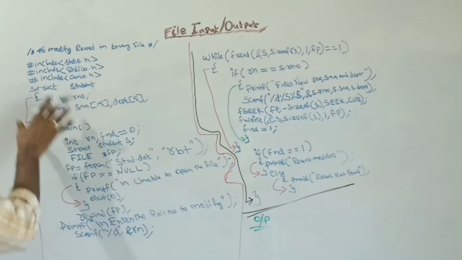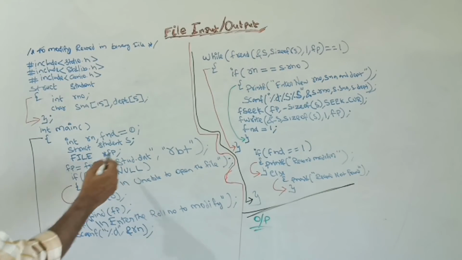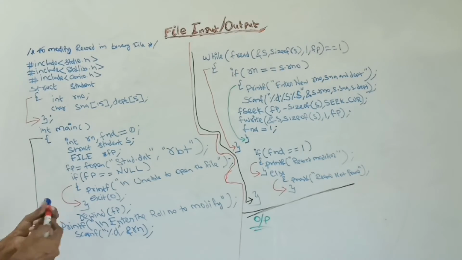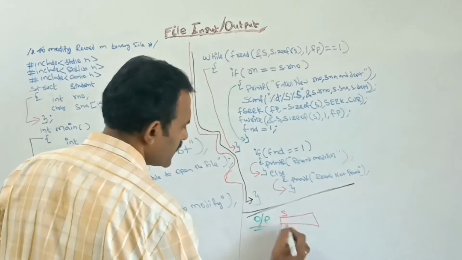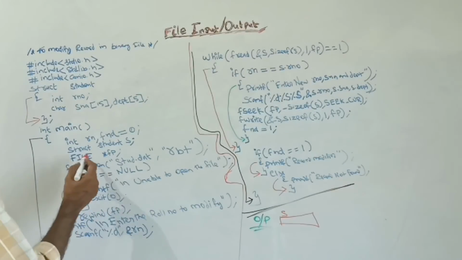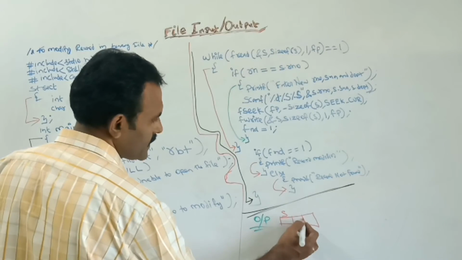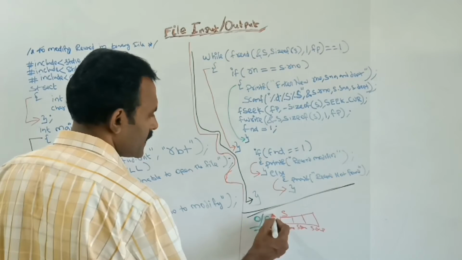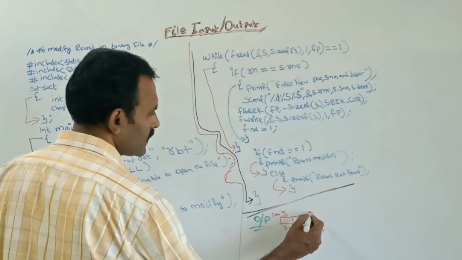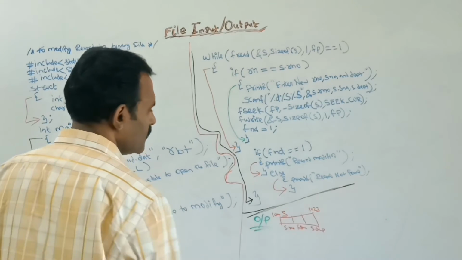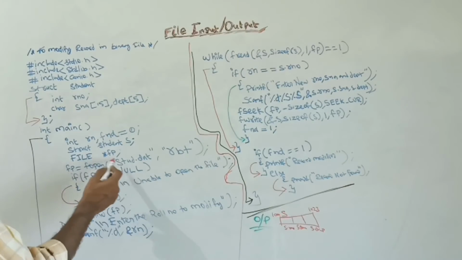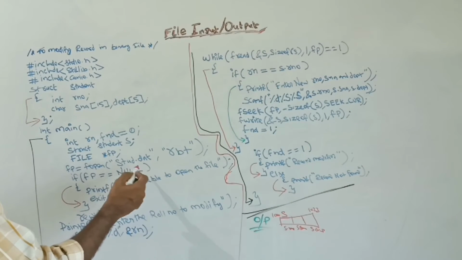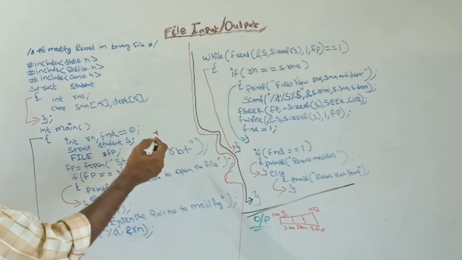See this structure. For this I had created the structure variable S. Totally it has 24 bytes for SNO, SNA, and next DEP. The starting address is 1000, so 1000 to 1023. After that, the file pointer variable: here I am opening the file stud.dat in read and write mode.